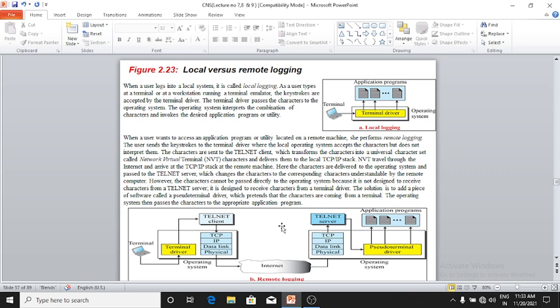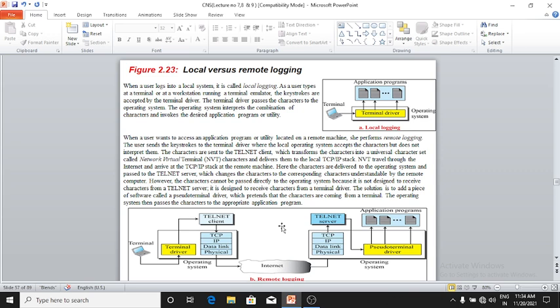NVT characters travel through the internet and arrive at the TCP/IP stack at the remote machine. Here, the characters are delivered to the operating system and passed to the Telnet server, which changes them to the corresponding characters understandable by the remote computer.